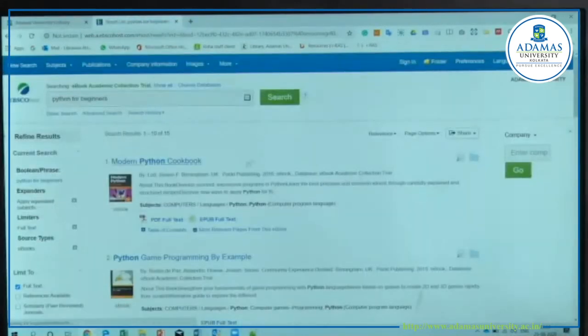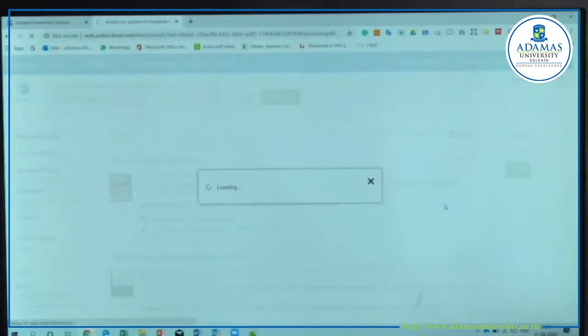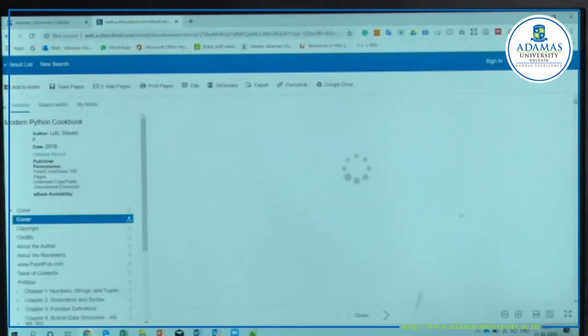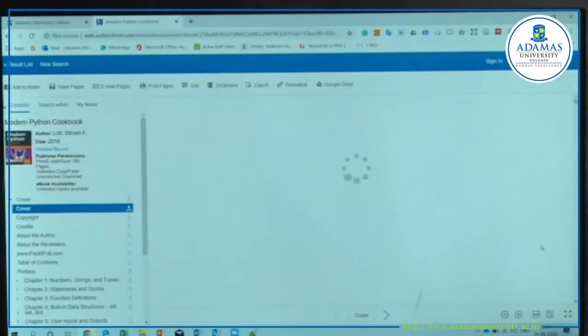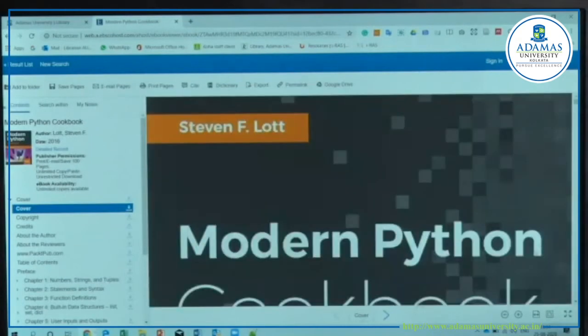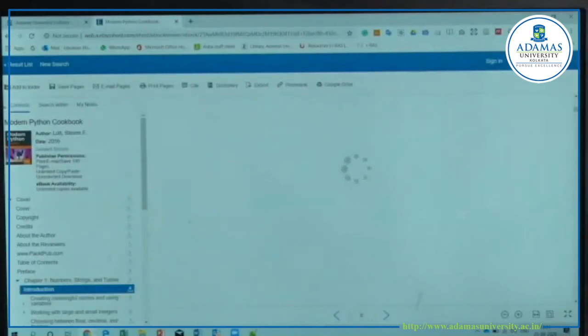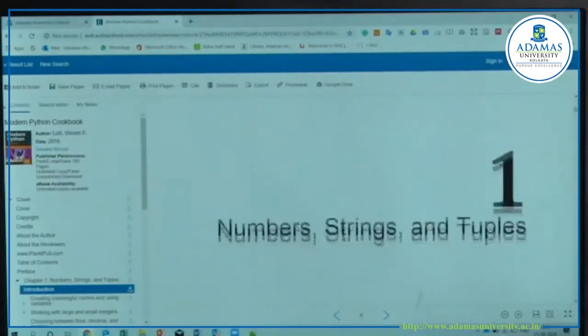Now, if you want to read this book, you just click this button, PDF. Now you can read all books, full books chapter wise.